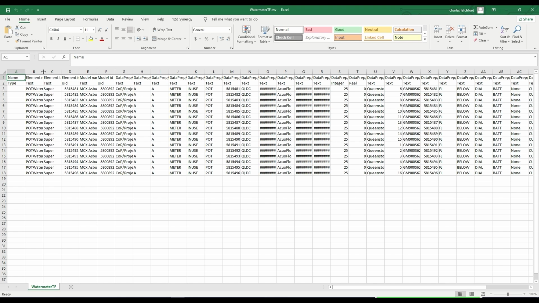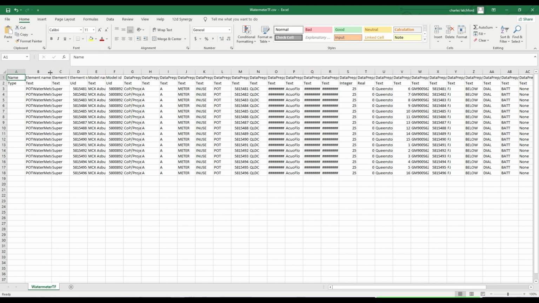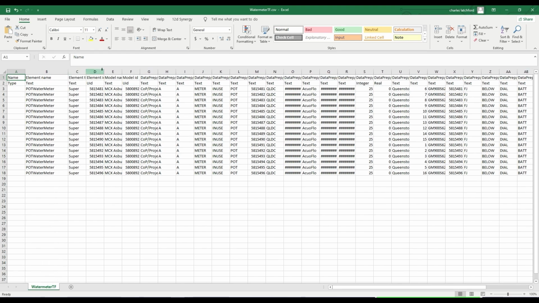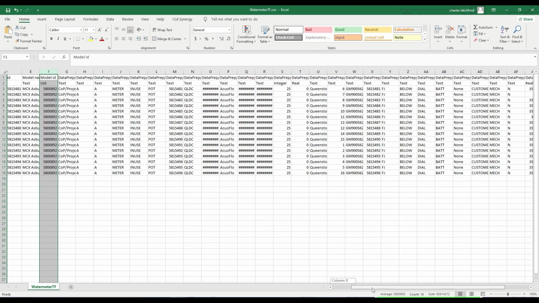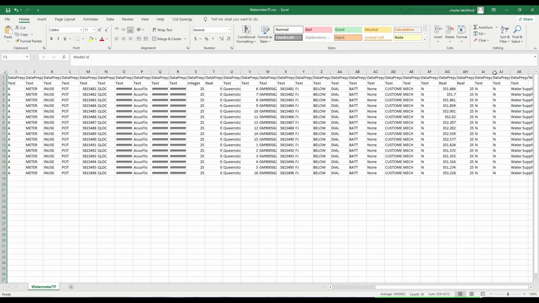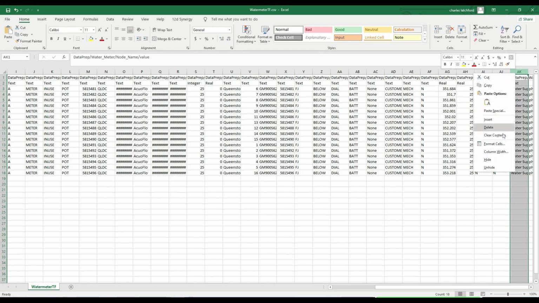I have the ability there to change anything in the attributes that go out, a bit like the drainage network editor when you export that out, as long as you don't change the element IDs and the model IDs, you will be okay. So if I go all the way out to the end, and I go insert,